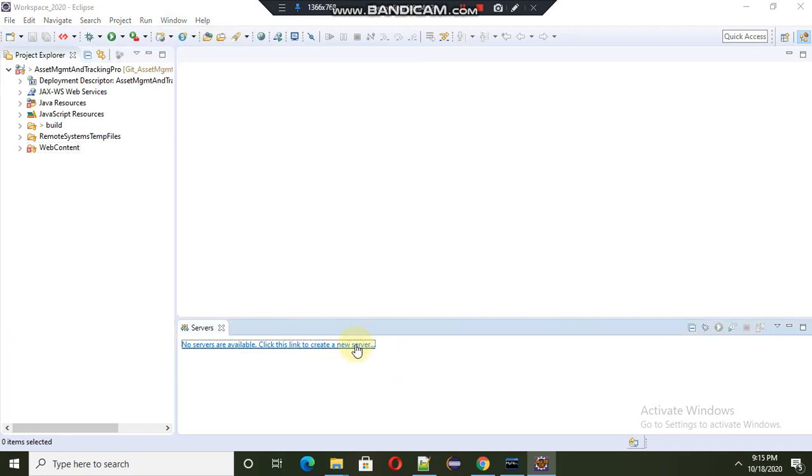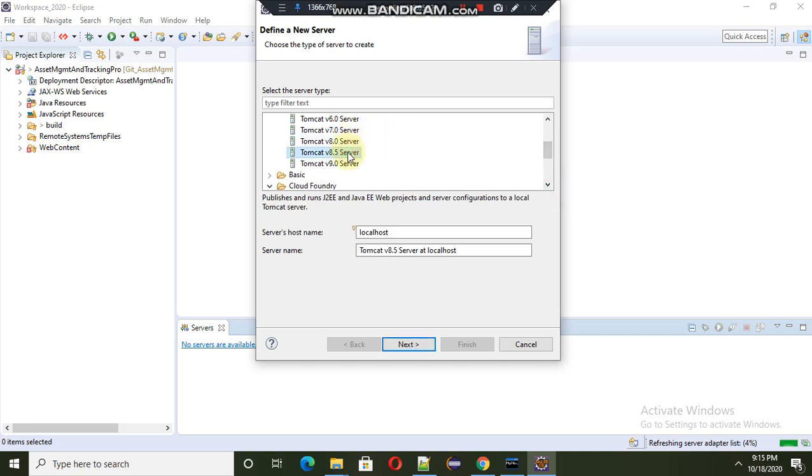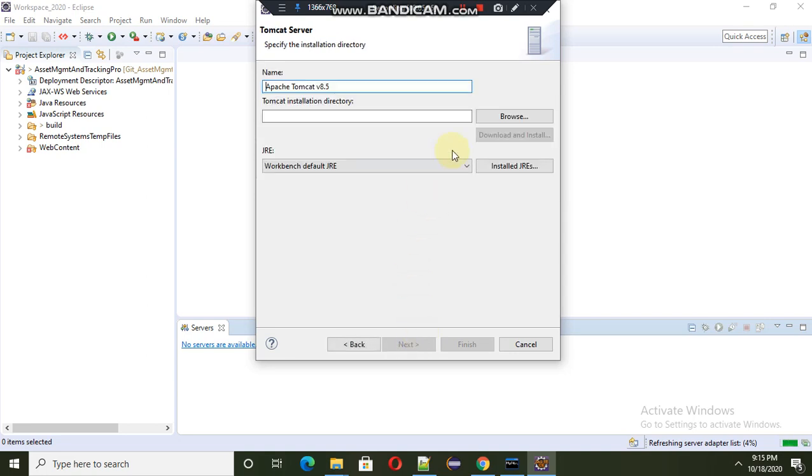When you click to create a new server, go to Apache. I am using Tomcat Server 8.5 version. Go to next, and then you have to browse the application.